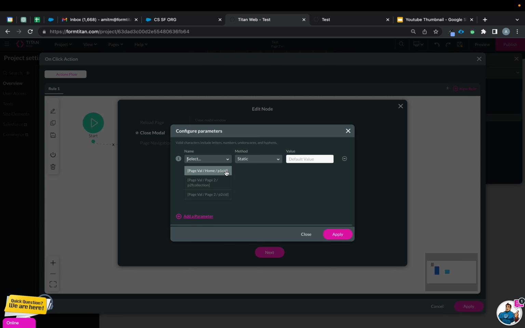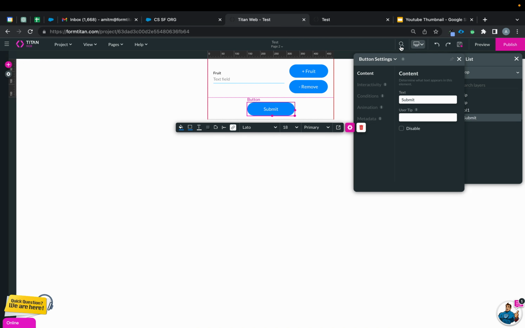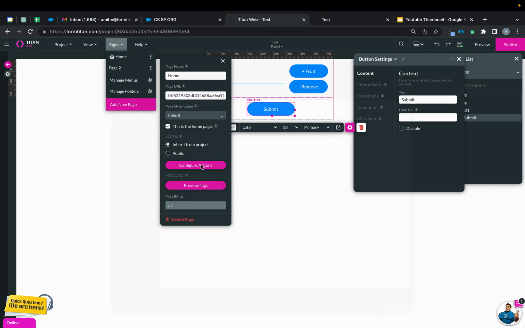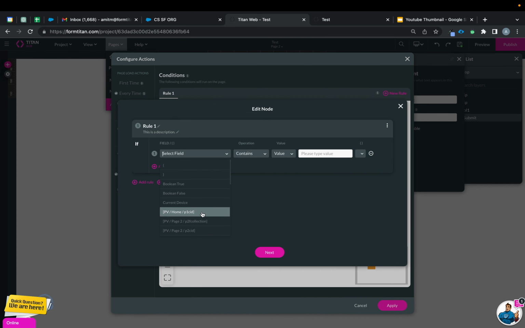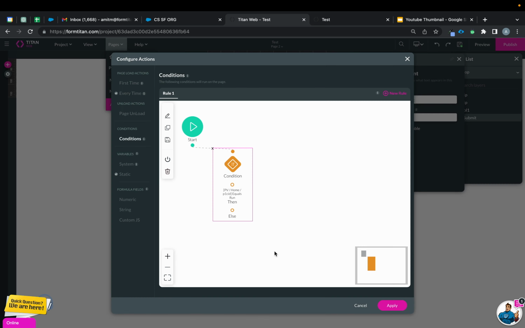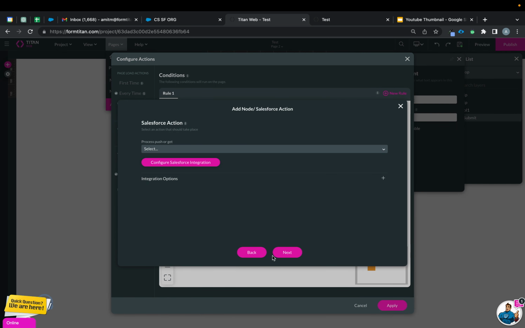So P1 CID, and you can just say run. So this will be the value that gets passed back in here when this closes, like this. And then now on this page, you can write a condition. You can say if P1CID equals run, then run my get. And what the get's going to do is actually return the